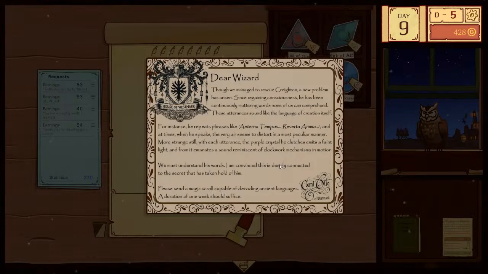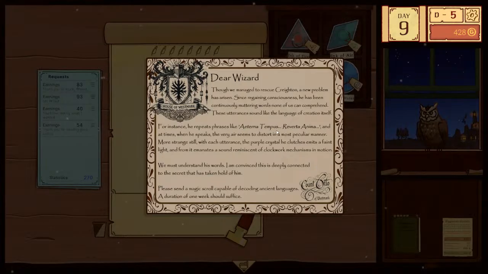More strangely still, with each utterance, the purple crystal he clutches emits a faint light. From it emanates a sound reminiscent of clockwork mechanisms in motion. You must understand his words. I'm convinced this is deeply connected to the secret that has taken hold of him. Please send a magic scroll capable of decoding ancient languages. A duration of 1 week should suffice.